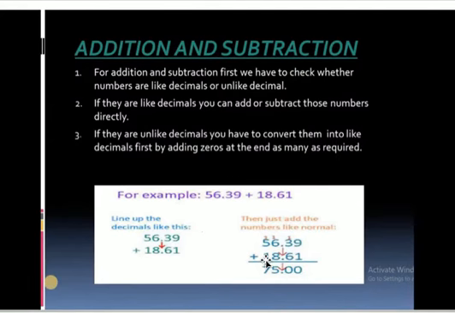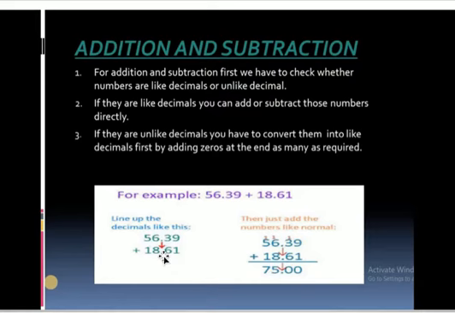How do we add and subtract decimal numbers? This is very easy. Only one rule is there. You have to put the decimal point below the decimal point of the other number. For example, if I want to add both of these decimal numbers, you should arrange them in such a way that the decimal point of this number is aligned with the decimal point of this number, just below each other. Okay, so here I am writing this number and the decimal point of the other number should be just below it.